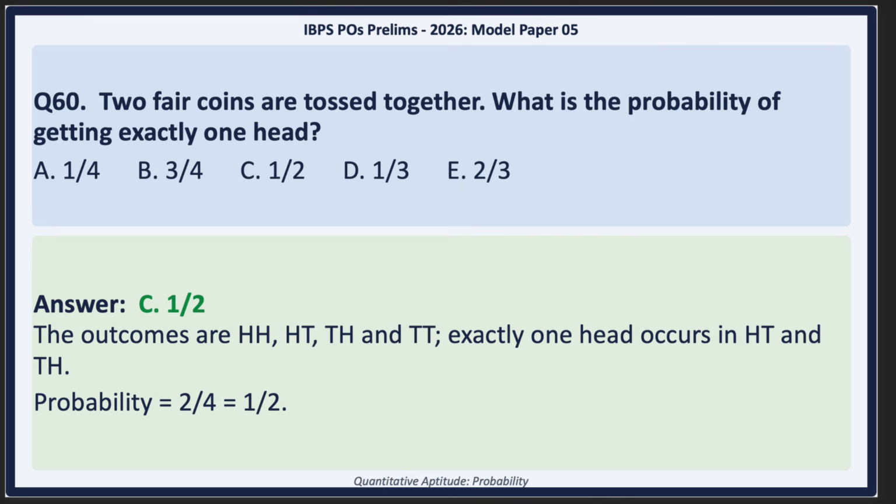Tossing 2 fair coins, what is the chance of getting exactly 1 head? Well, out of 4 total outcomes, heads-heads, heads-tails, tails-heads, tails-tails, only heads-tails and tails-heads fit the criteria. That's 2 out of 4, or a 1 in 2 chance. Yep, 1 in 2. Okay, finally, let's hit the abstract logic puzzles, questions 62 through 65.